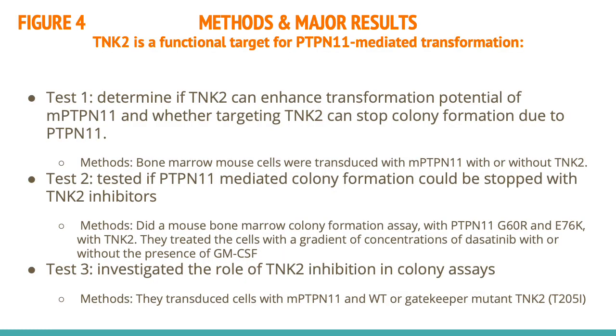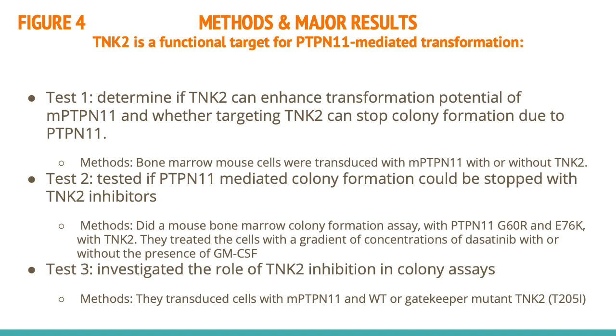So the next set of results we're going to look at is TNK2 as a functional target for PTPN11 mediated transformation. So the first test they looked at was to determine if TNK2 can enhance transformation potential of mutant PTPN11 and whether targeting TNK2 can stop colony formation due to PTPN11. The way they looked at this is they took bone marrow mouse cells and these were transduced with mutant PTPN11 with or without TNK2. And then for the second test, they tested if PTPN11 mediated colony formation could be stopped